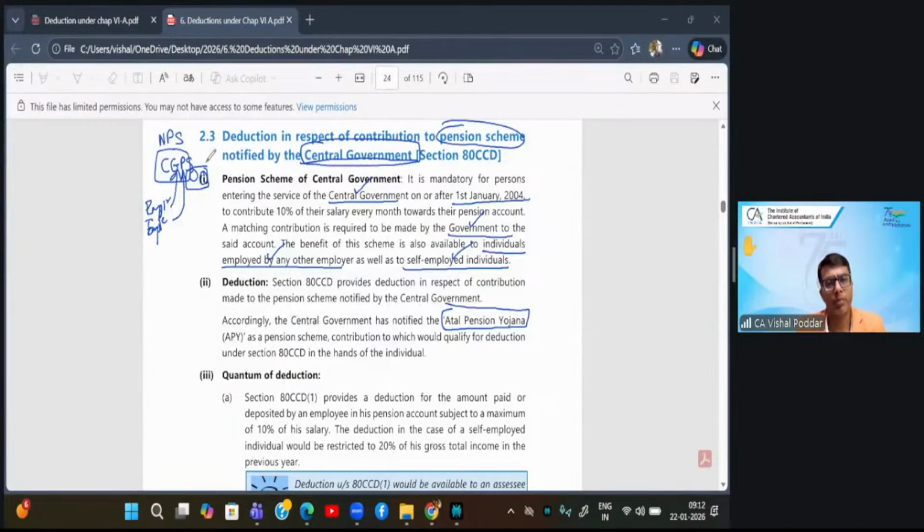Now, what is a very interesting point? When we were studying 80C, over there, when we were discussing Provident Fund, I emphasized this point that only what you are contributing to Provident Fund, or for that matter, any fund which is covered in 80C, Provident Fund, Pension Fund, Superannuation Fund, whatever is covered over there, when you are contributing, you get deduction only for your contribution. Even if your employer contributes to those funds, you don't get deduction. This is for 80C, this is for all other funds covered there. But when we come to,